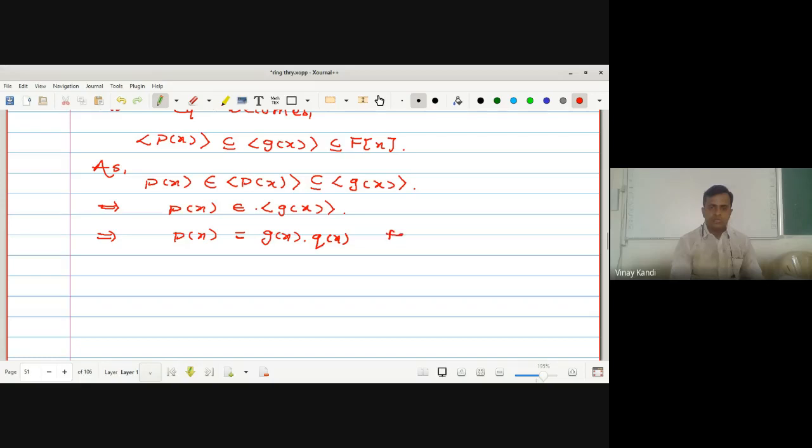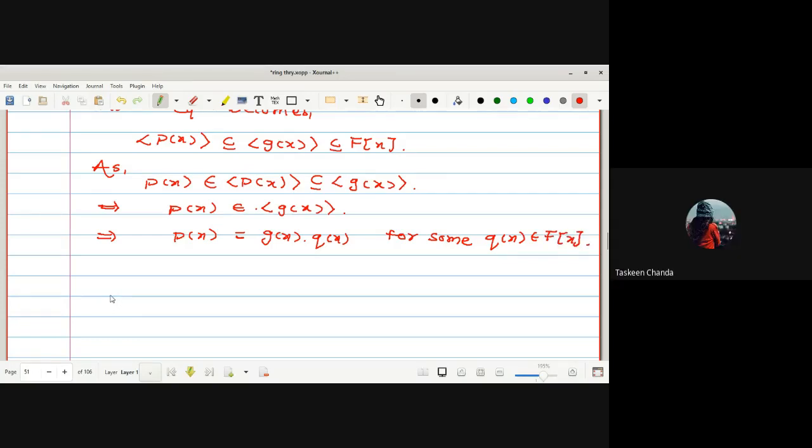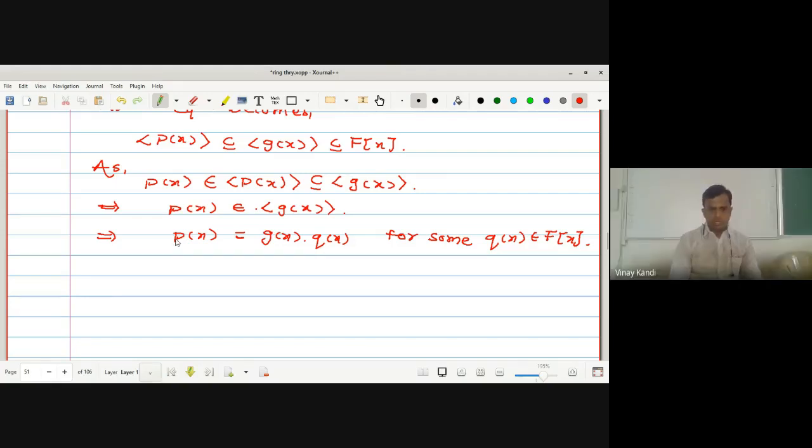for some q of x belongs to capital F of x. Okay, any doubt up to here? No, sir. Okay. Now how has your p of x come? P of x is equal to g of x into q of x for some q of x belongs to capital F of x. Okay, now since we assumed in the